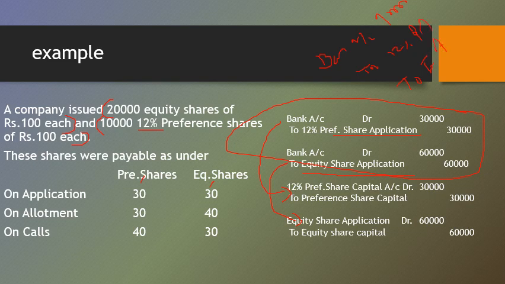Here is the 12% preference share application, 30,000, and here the equity share application, 60,000. So this journal entry can be combined and you can make a compound entry. That's for your convenience. If you wish, you can do it like this also. So this is for today's